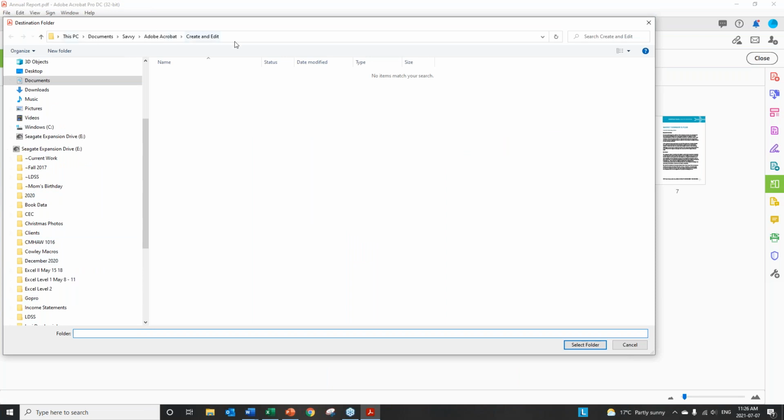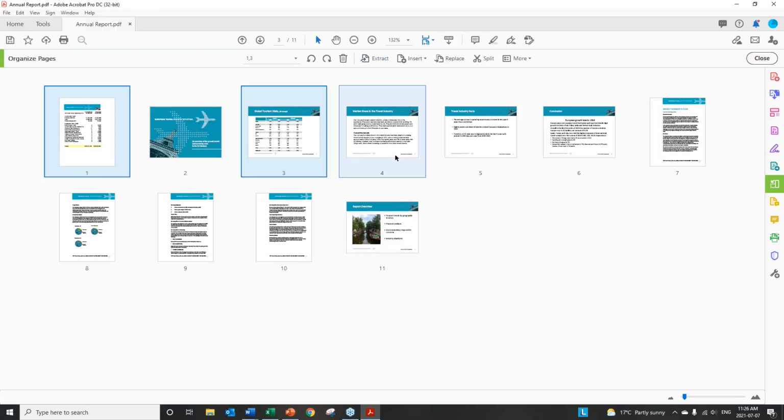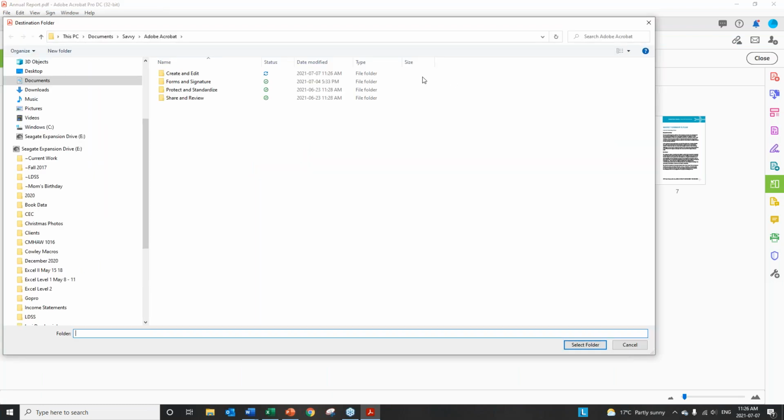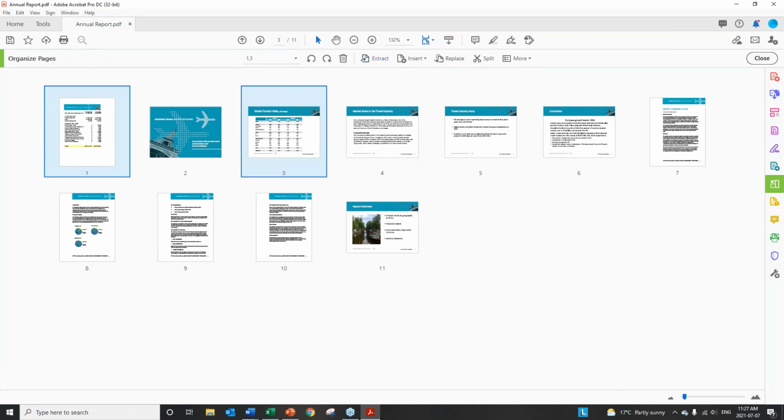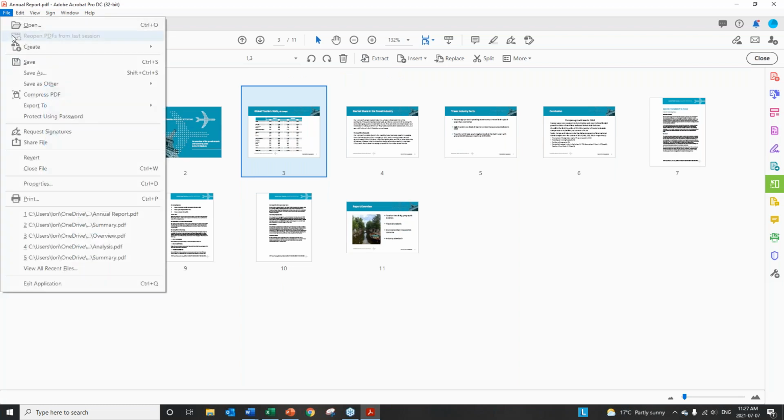and here's the destination folder. The folder is selected, and then actually let me try that again. There we go, and okay, so it's telling me that the annual report 1 already exists. I want to override. I'm going to click yes, and then yes again. And now if I go look in the folder,